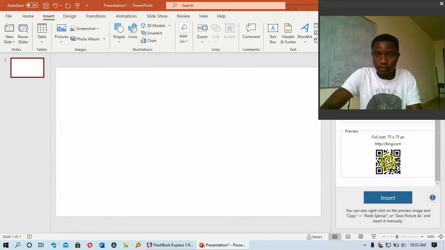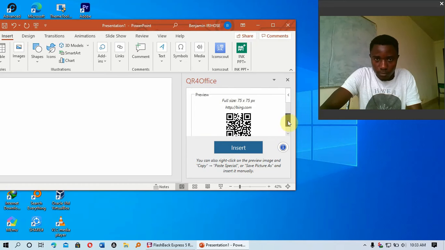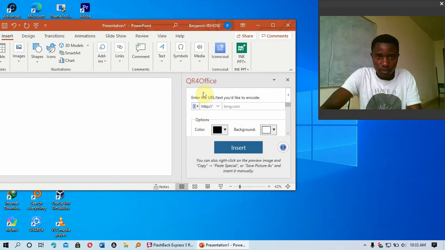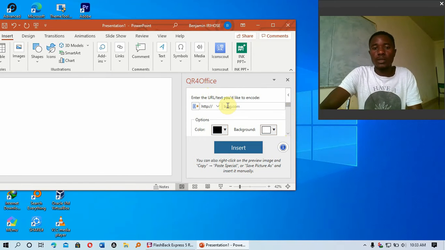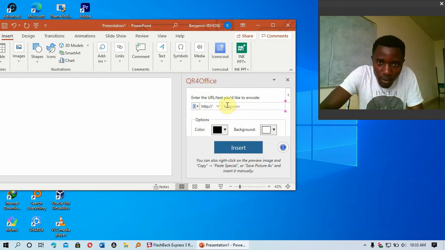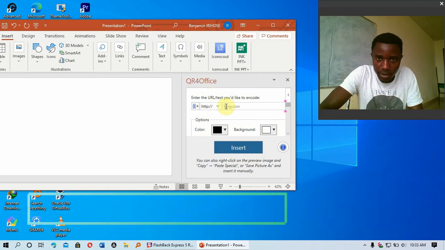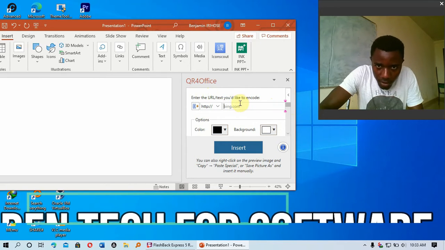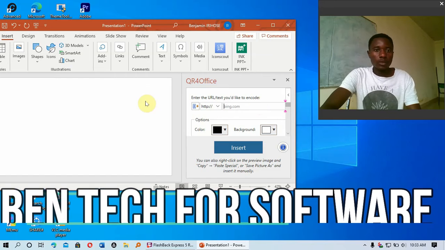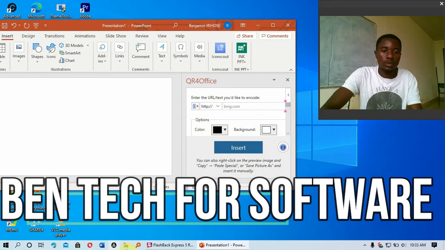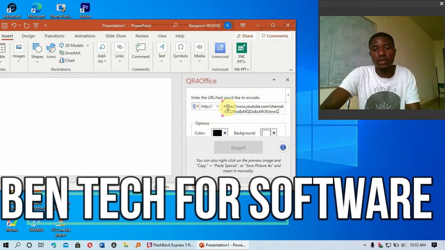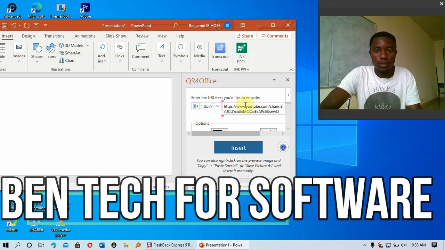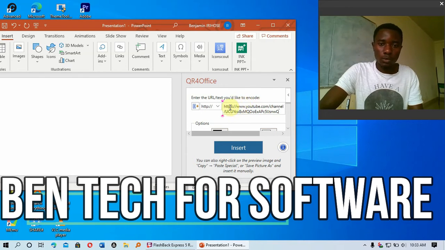Now the URL or the link, you just have to copy the link and paste the link in this row. Just go and take your link and copy and paste it. Then we can